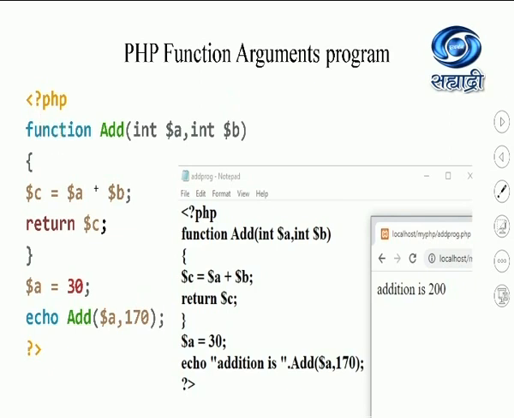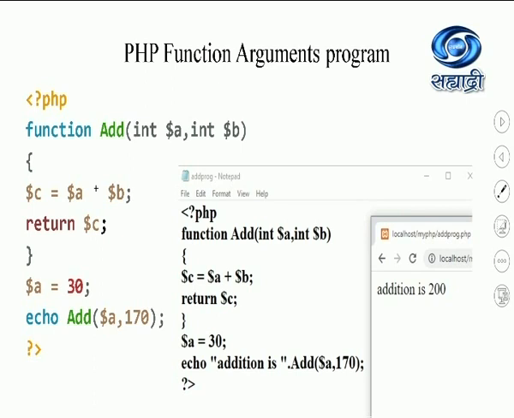Observe, the function keyword is used for writing the function. In this function, it is going to add these two numbers and return the result. So what is return? Return is going to return the value from the function to this echo statement. Instead of writing echo, I can write any variable name also, like I can write over here $z equal to add and so on.